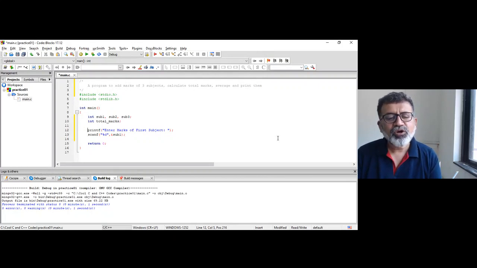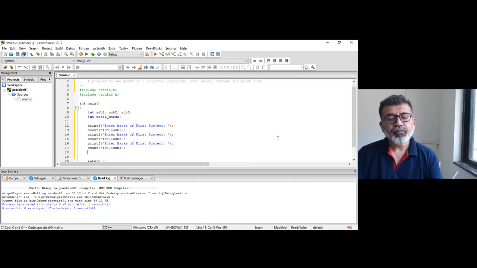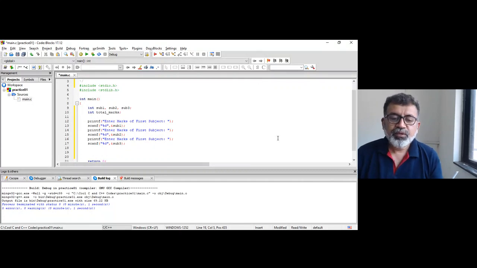I'll copy paste this because the format will be the same. I'm going to change the variable names, so it will be subject 2 and subject 3. Here you need to make changes.